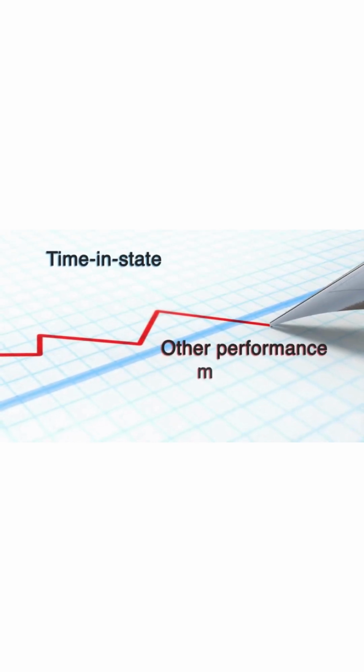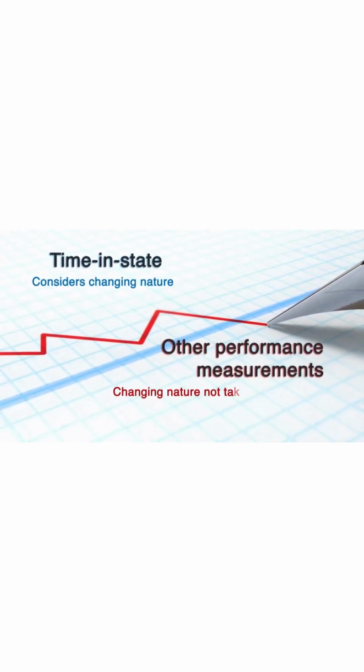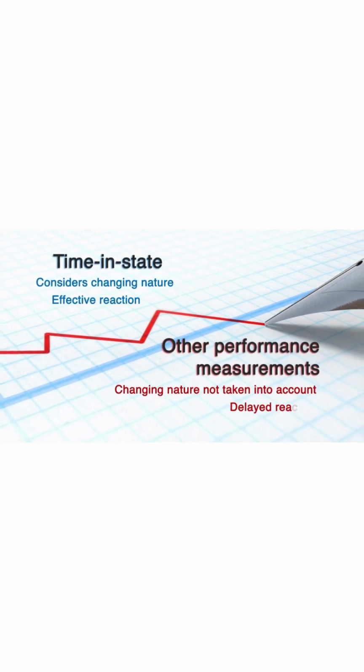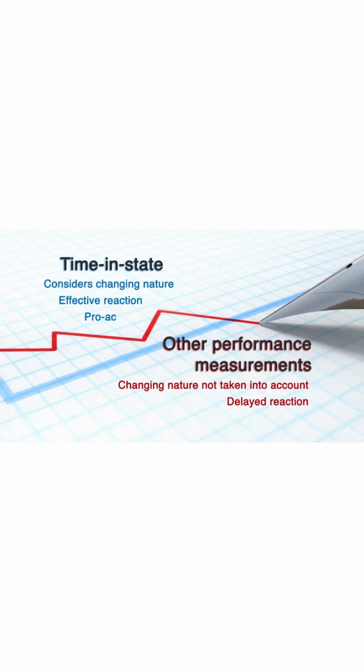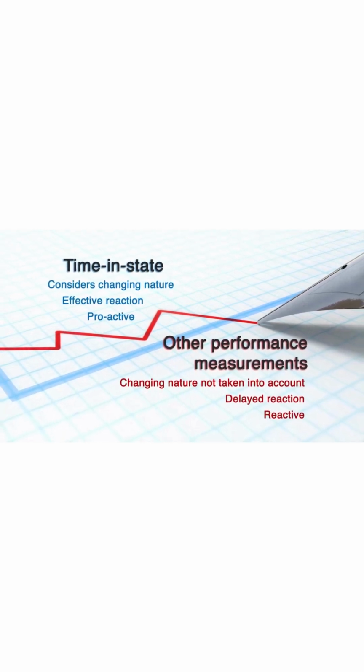The traditional metrics basically had more of a reporting, it-happened-yesterday type of outlook, and we replaced that with the view of what's happening now. It actually takes into account the changing nature of the continuous processes and the effective reaction to adverse factors influencing them, making it a far more useful metric for proactive management of the production process.